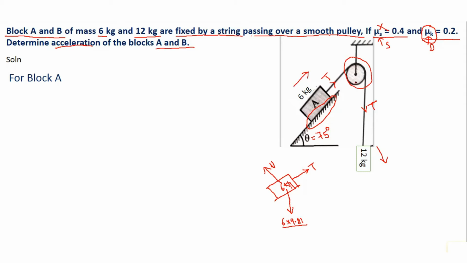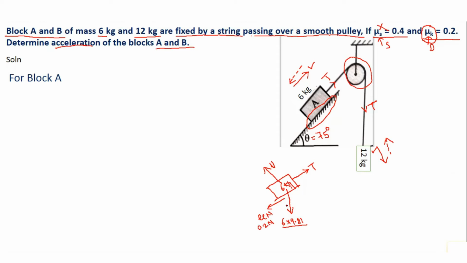You can also assume the other way, let me show it with dotted lines. You can assume that B is moving upward, and then A would be moving downward. Let me proceed with the direction wherein block B is moving downward. As this is moving downwards, block A will move upward, and as A is moving upward, the friction force will be towards the downside with a value of mu multiplied by N. The mu value is already given in the question as 0.2, so it will be 0.2 N.